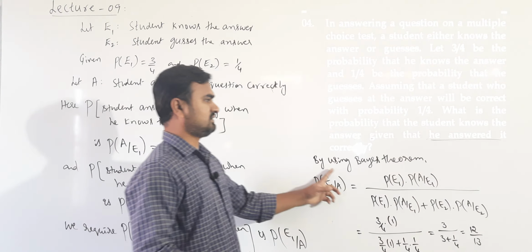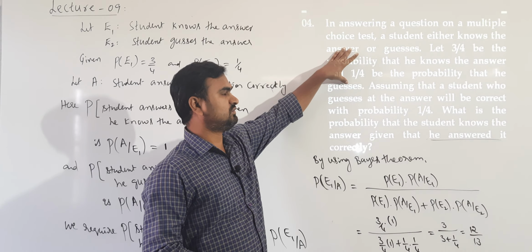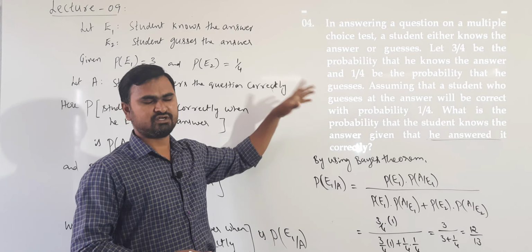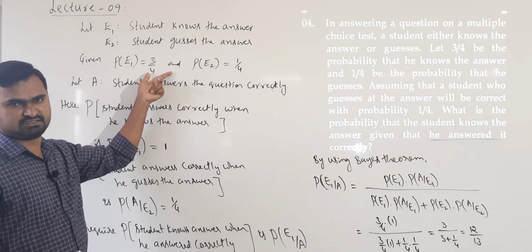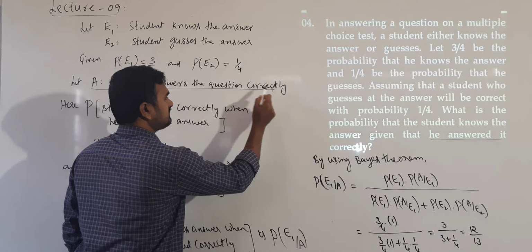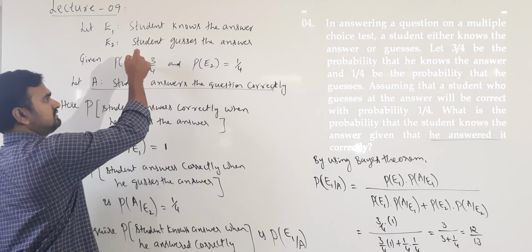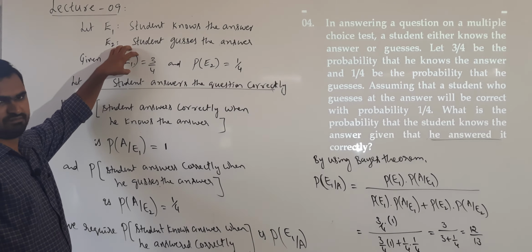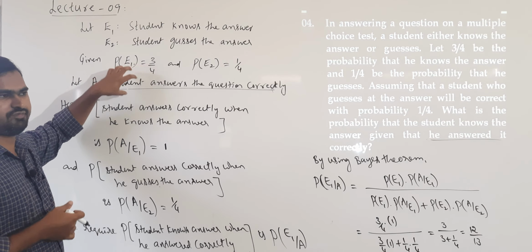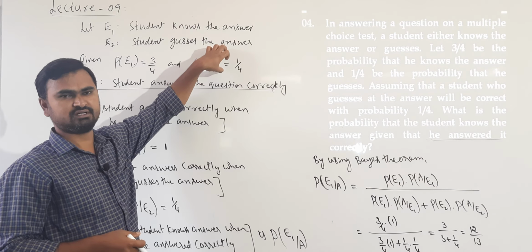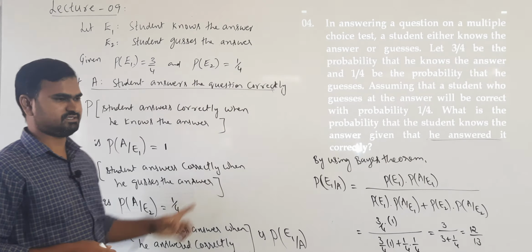So we are applying the Bayes theorem here. We have to understand what the 2 events are, maybe 3 events, E1, E2, E3 like this. Now after defining the events and their corresponding probabilities, we have to define the common event. So clearly understand that A is the common event which may have occurred in E1 or it may have occurred in E2. Now we have to write the probability of occurrence of A if it is E1. From the first case, what is the probability of getting the event A? Next, if I am taking E2, what is the probability of A? That is the probability of A given that E2 is selected.